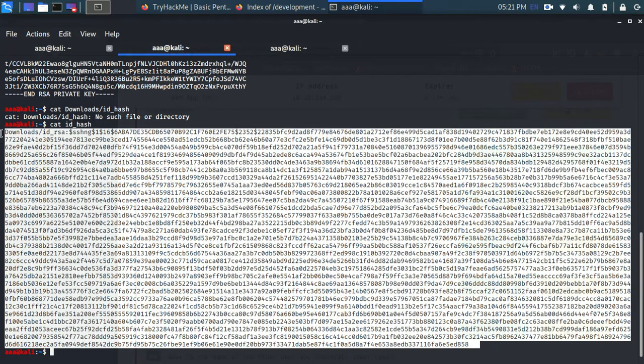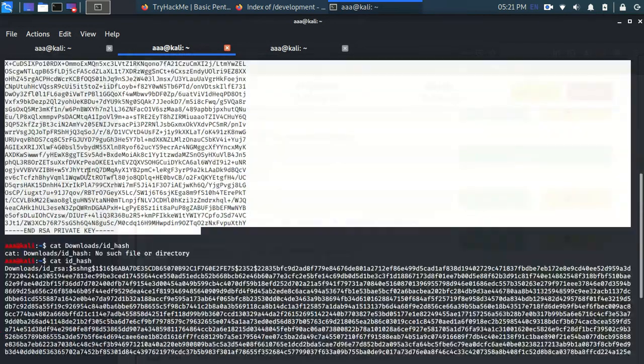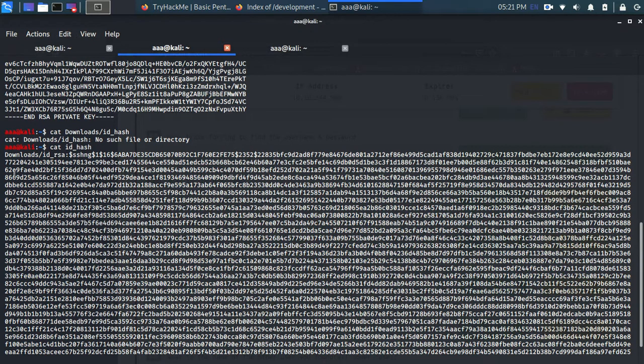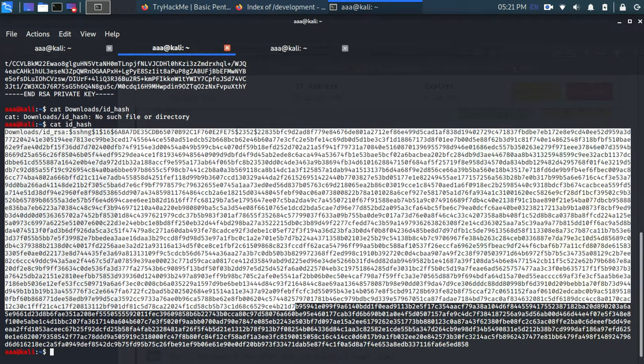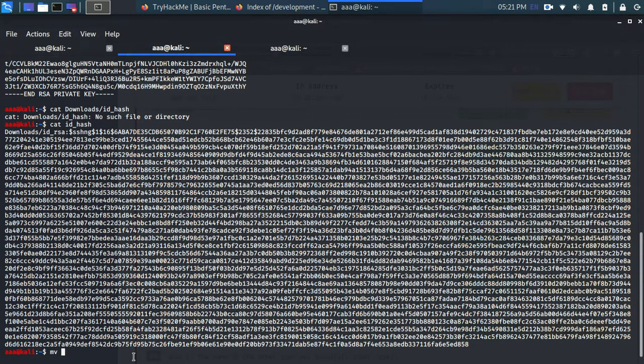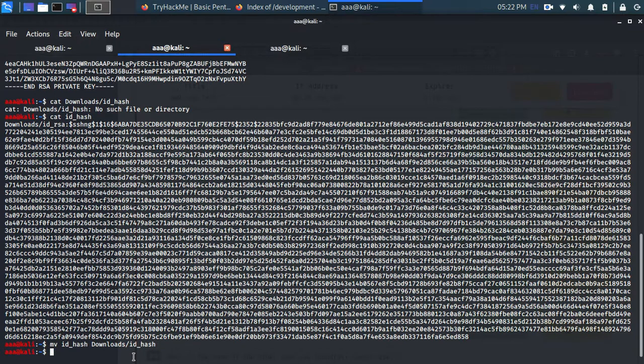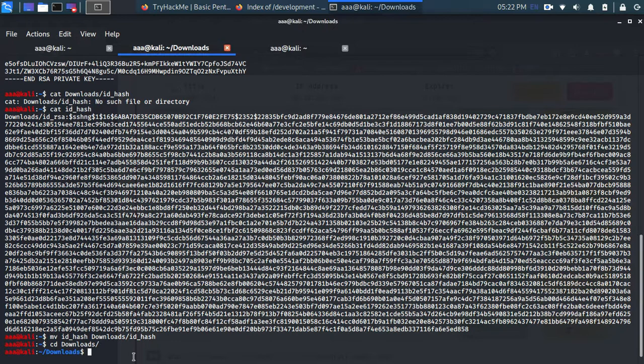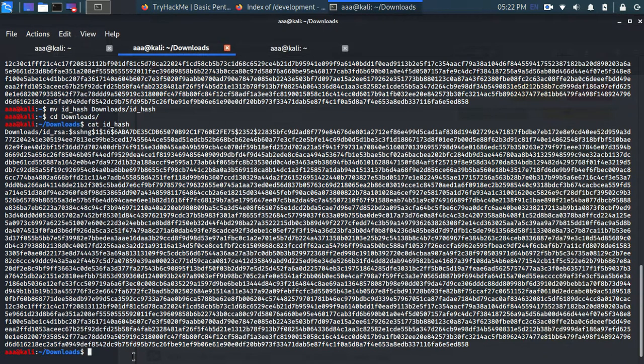So you can see before and after. And let's move this file id_hash to downloads, cd downloads, and let's cat this again to check. Yeah, okay, so now we have this hash file.